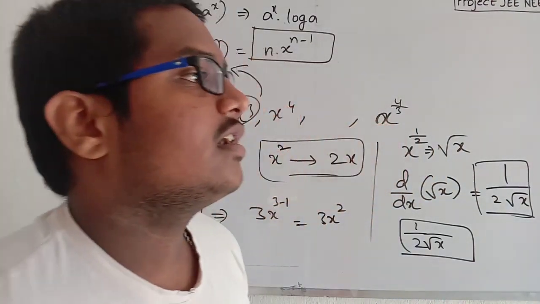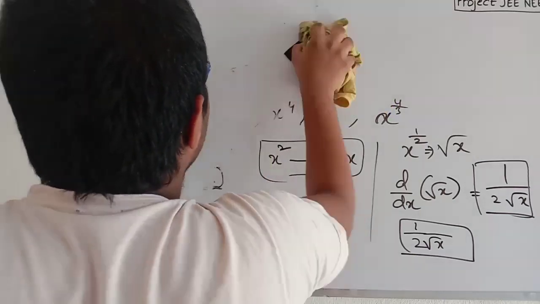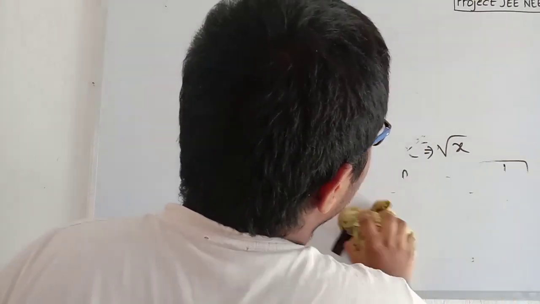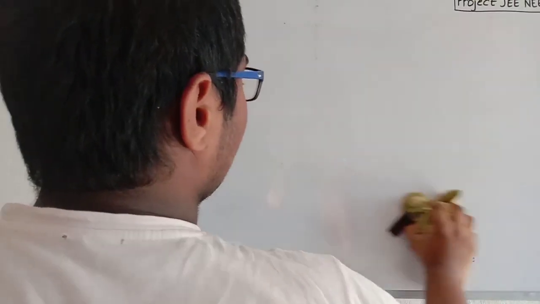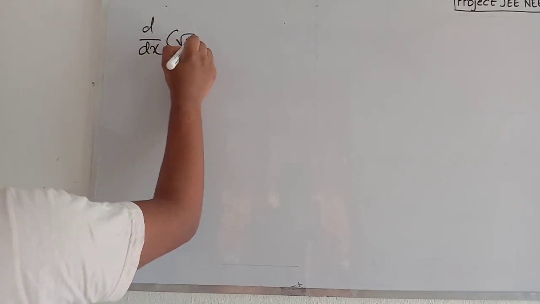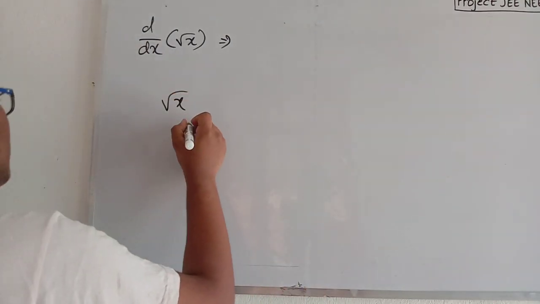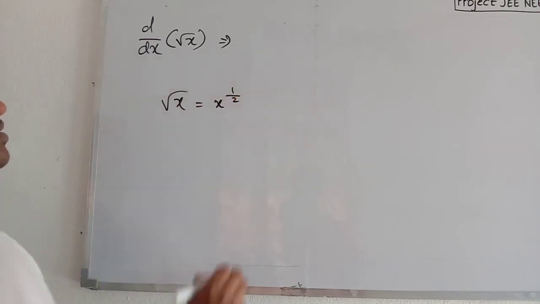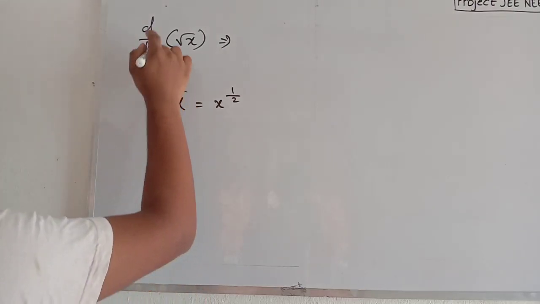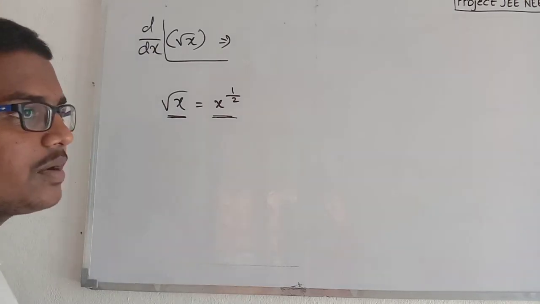So how did we get that formula, sir? Okay, let's discuss how we got that formula. I hope you all noted these remaining formulas as well. So let's see how we got the formula of d by dx of root x. What is actually root x? Root x is equal to x power 1 by 2, which you learnt in 8th or 7th class. Now root x is indicated as half power.